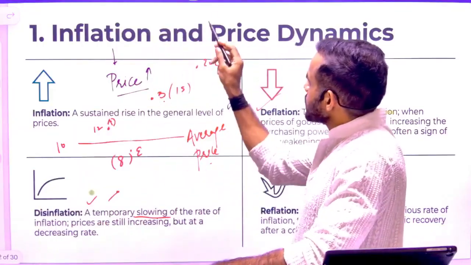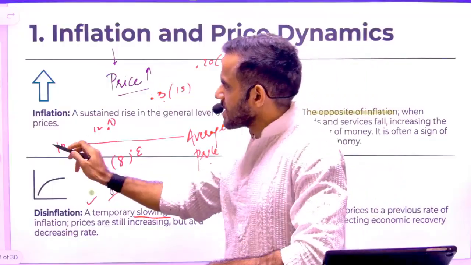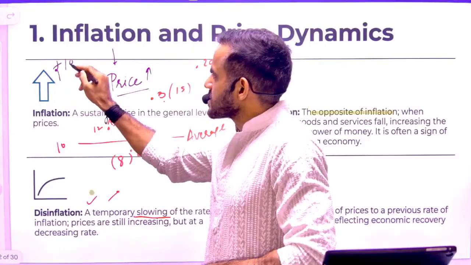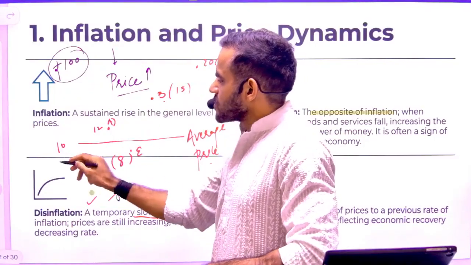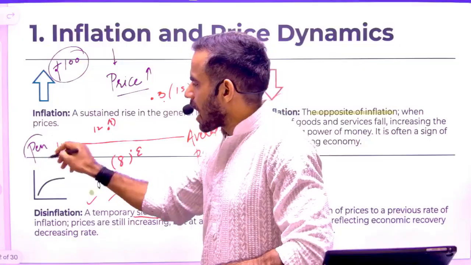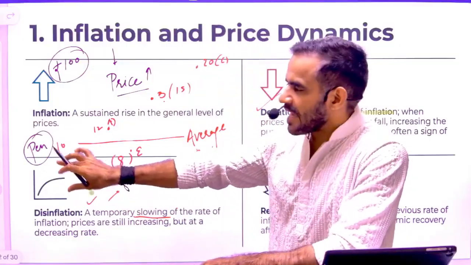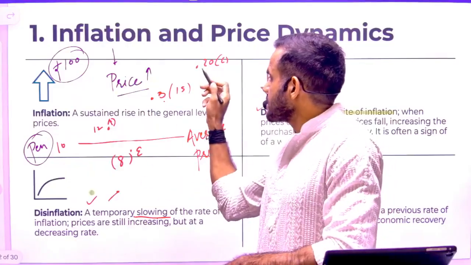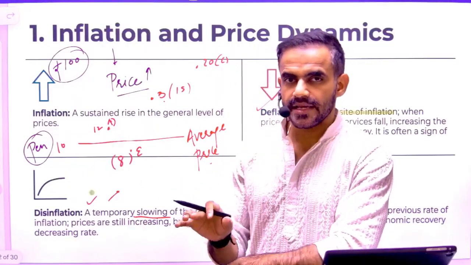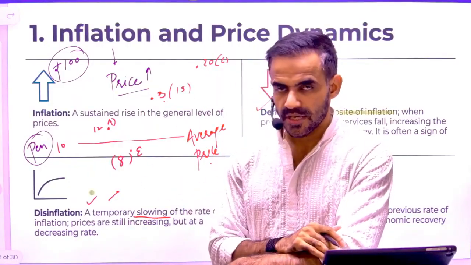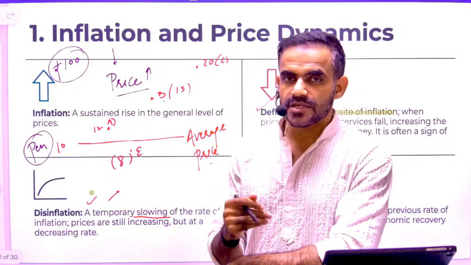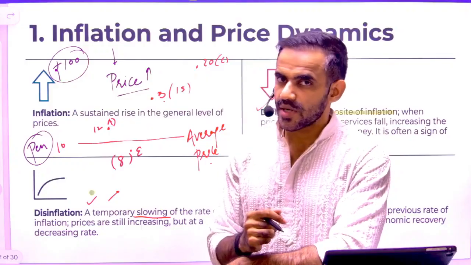Previously the price was 10 rupee. Okay, so in this case the price was 10 rupee and someone had, let's say, 100 rupee, and the price of each pen was 10 rupee. So how many pens can a person buy from the 100 rupee? 10 pens, right? But if the price has increased to 20 rupee, in that case how many pens can be purchased? Because the price has increased, the person will be able to buy less quantity.